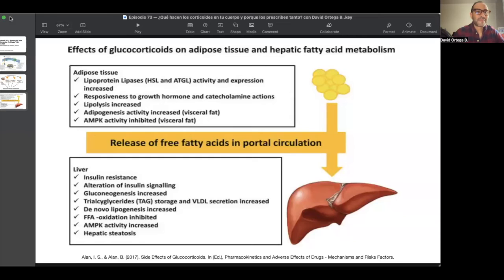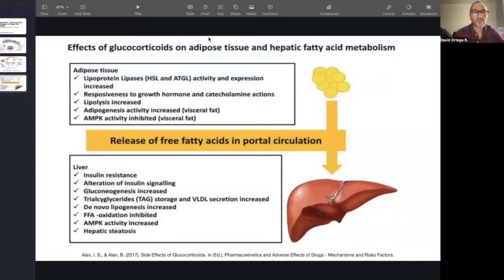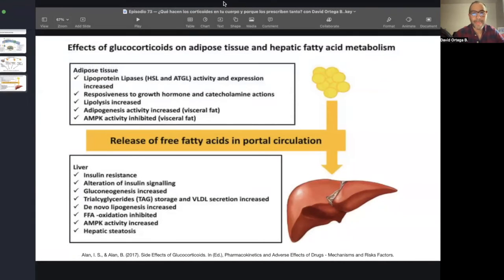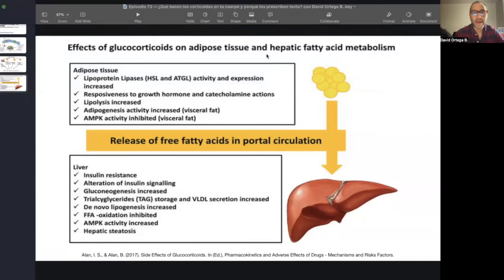Let's see what happens. As you can see here, the effects of this glucocorticoid system, it's going to expose a lot of adipose tissue